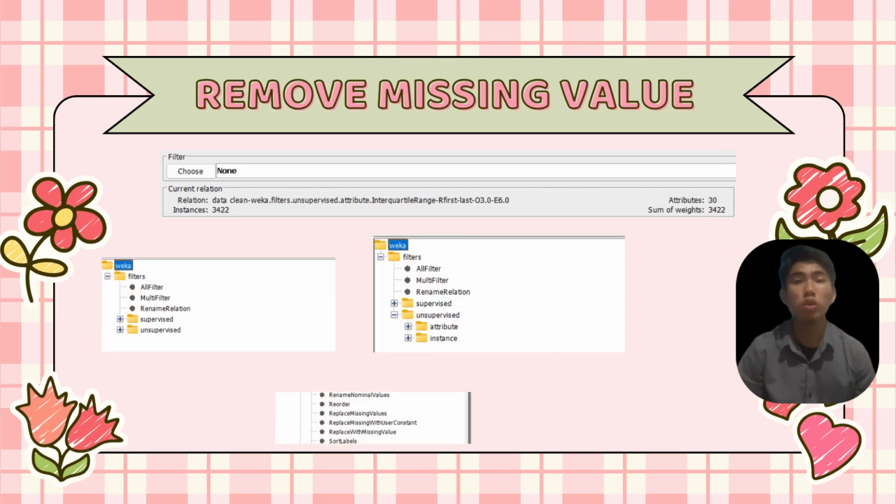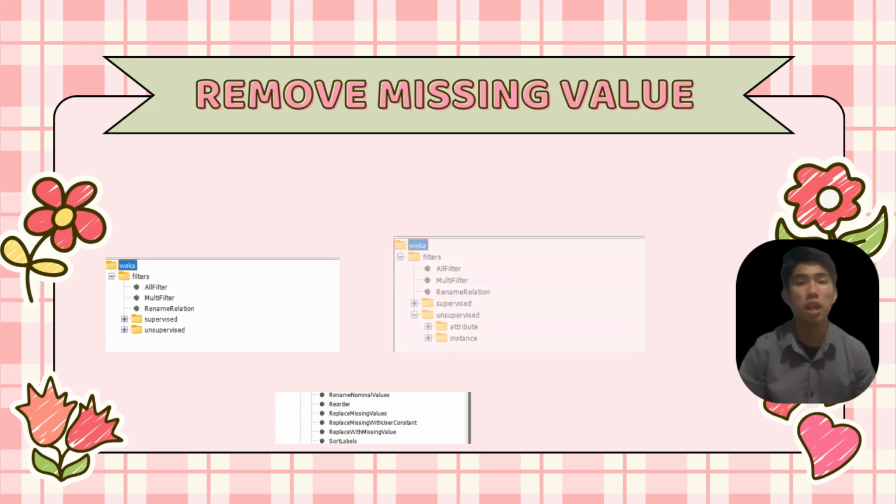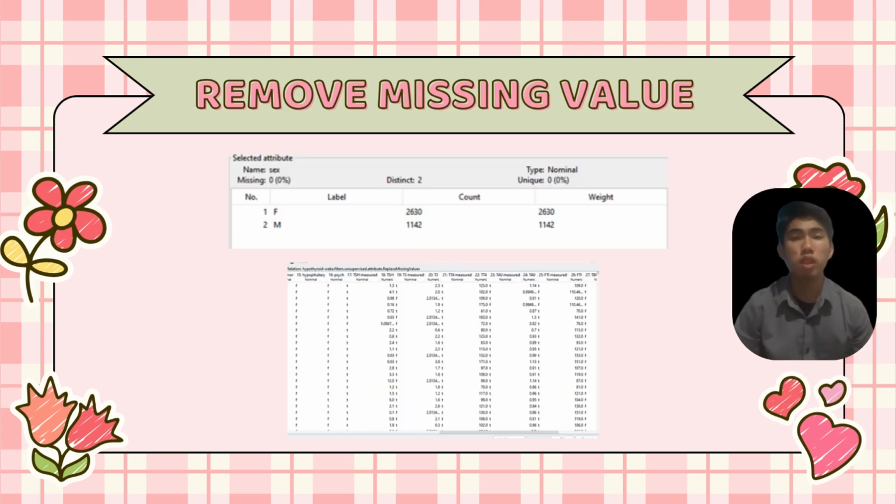We go to how to deal with missing values. First, we choose filter, then we select unsupervised attribute, and we find replace missing values, and lastly we apply. After we remove the missing values, the dataset shows that the attribute set has 0 missing values. The second picture shows a fully populated dataset with no gaps, whereas the previously missing values have been replaced using the replace